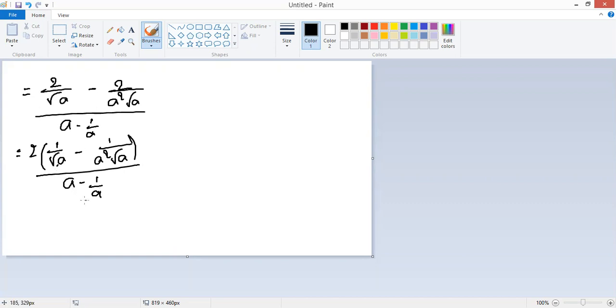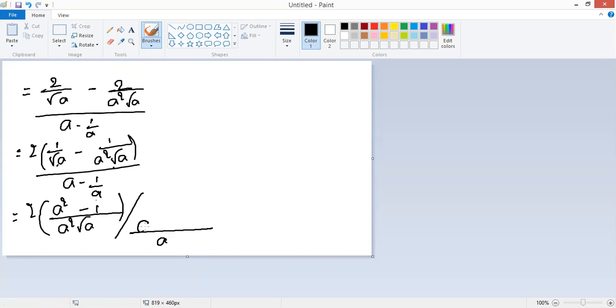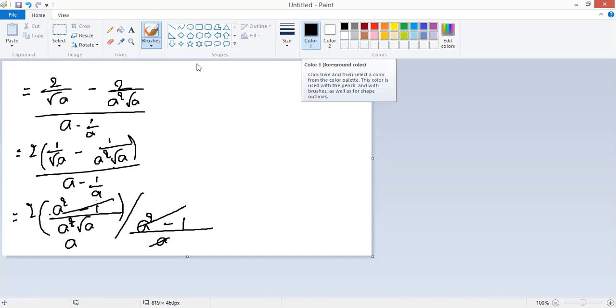In the denominator I am taking a as LCM. In the numerator, a square root a I am taking as LCM: 2 by a square root a. Root a is there, so a square minus 1. In the denominator, I am taking a as LCM, so a square minus 1. You can observe the a square minus 1 term in the numerator and denominator, so we will cancel that. And in the denominator, a and a square, it will go in a times. So finally, we are left with the terms 2 into